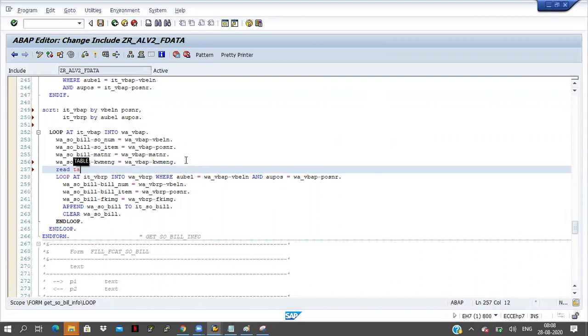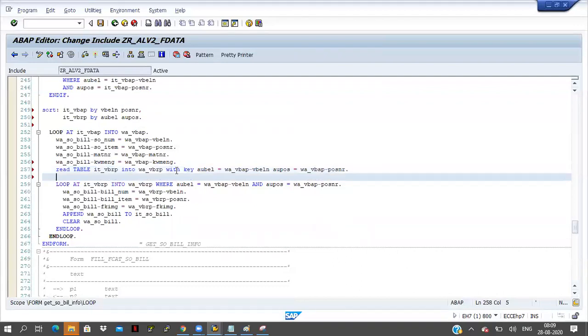Read table IT_VBRP into work area WA_VBRP, and here I am giving a condition with key AUBEL equal to work area VBAP-VBELN and AUPOS equal to work area VBAP-POSNR.